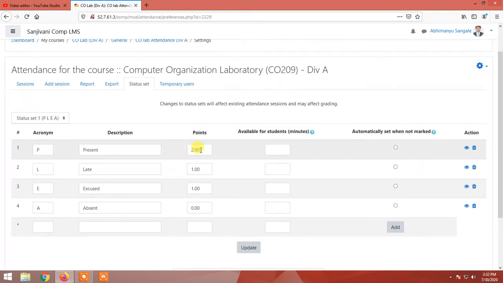If a student is present, he'll get 2 points. If he is late, he'll get 1 point. Excused is not needed. Either you can decide between late or excused. Okay, so some of you prefer excused because a student might give some kind of reason that, sir, there is an activity problem, my net is not working properly, so that kind of excuse, so you can put reason to it. Or late, so a student who's giving his attendance max late will also get late point. Okay, so absent gets 0 points.